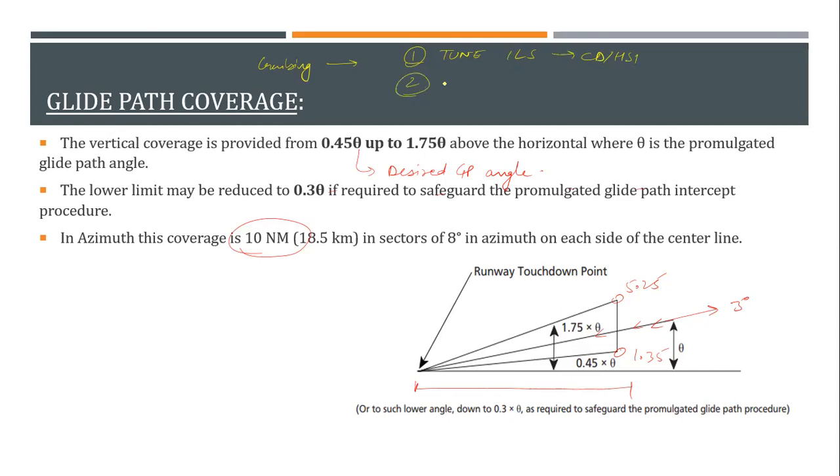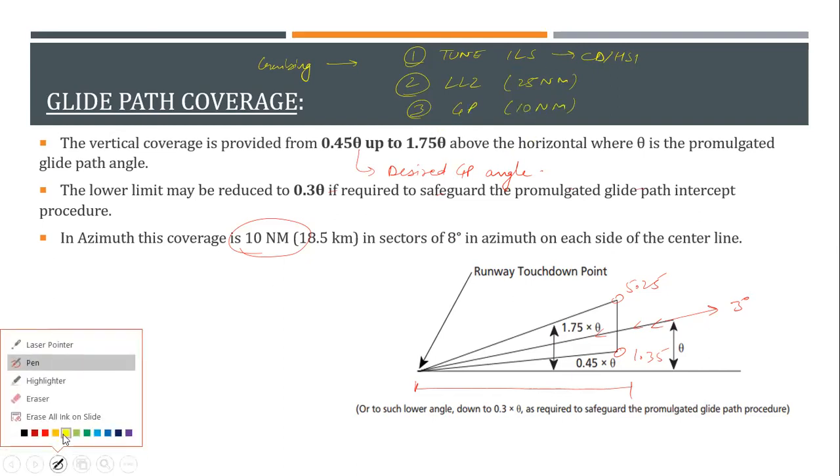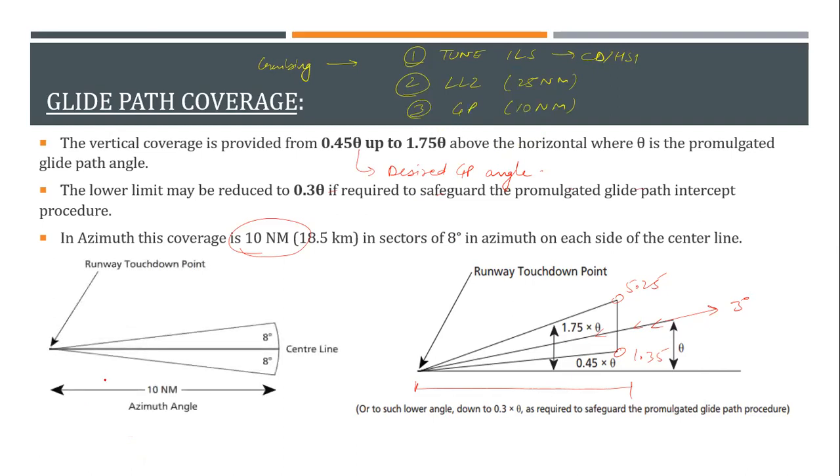They will start to hunt for this ILS or localizer frequency. When they finally find it, they'll find firstly the localizer, because that is 25 nautical miles. Once they find that, then they will be looking for what? They will be looking for glide path signals. That is 10 nautical miles. So this is how the principle will work one by one. You can see this is the azimuth. So this is my glide slope starting, and till 10 nautical miles only we are having coverage. Do you have any doubts in this? All right. No, sir. All right.